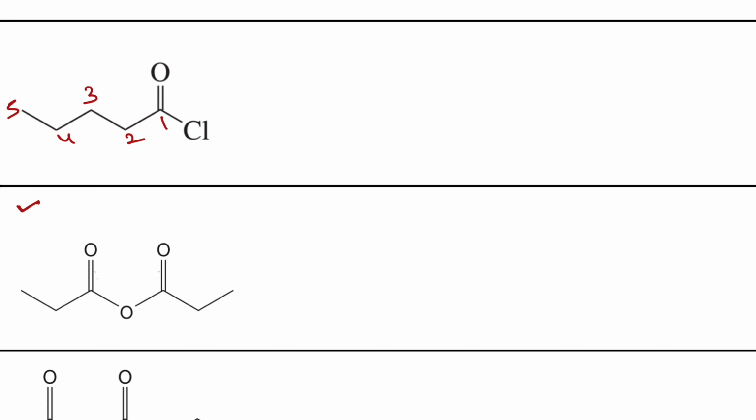However, this is understood in case of acid anhydrides. In case of acid anhydrides, oxygen is attached to two alkanoic groups. So when the same groups are repeated here, don't say dipropanoic. So this is propanoic